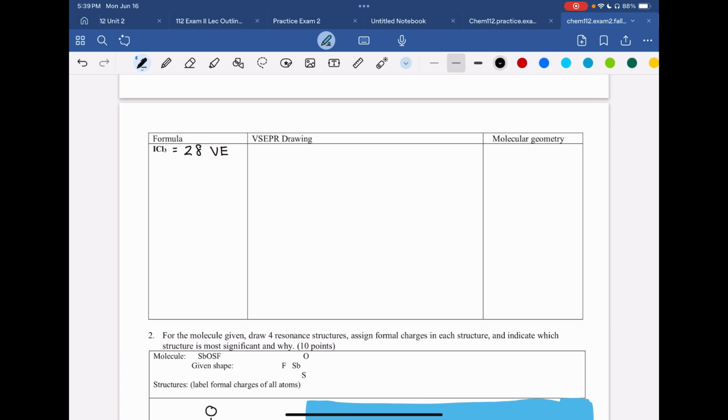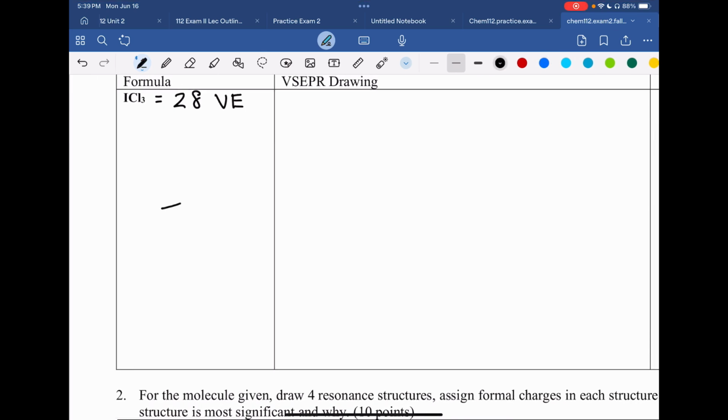Okay, last example, a Vesper. Iodine in the middle, surrounded by 3 chlorines. Okay, I need 28. Can't have more, can't have less. I currently have 2, 4, 6. Okay, so here comes 8, 10, 12, 14, 16, 18, 20, 22, 24, 26, 28. Okay, so